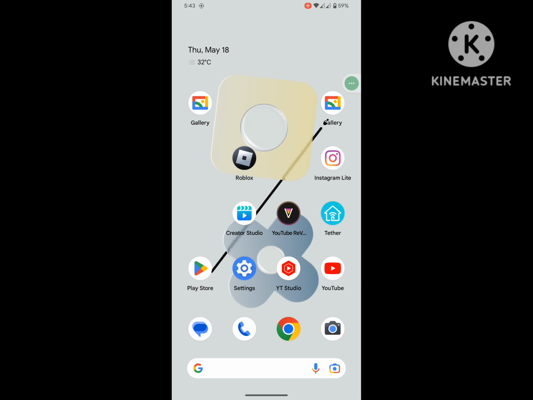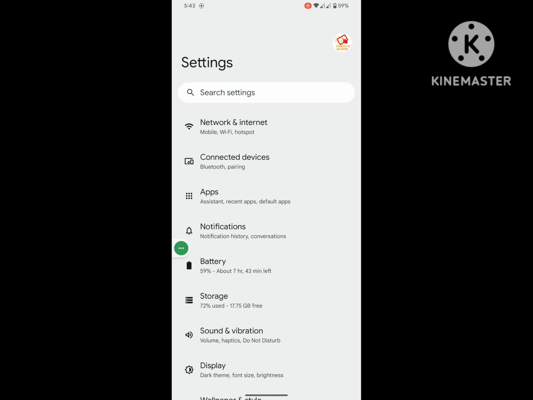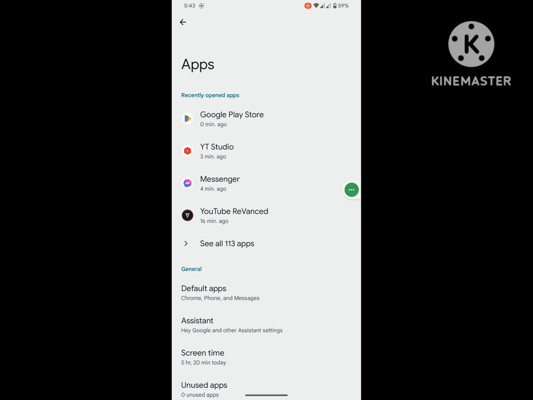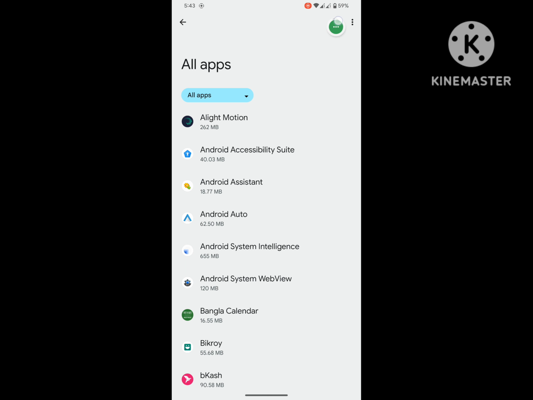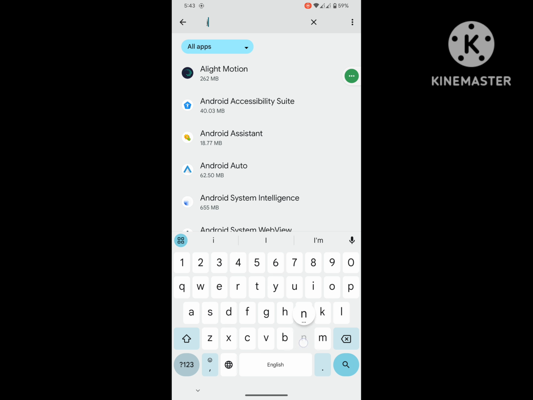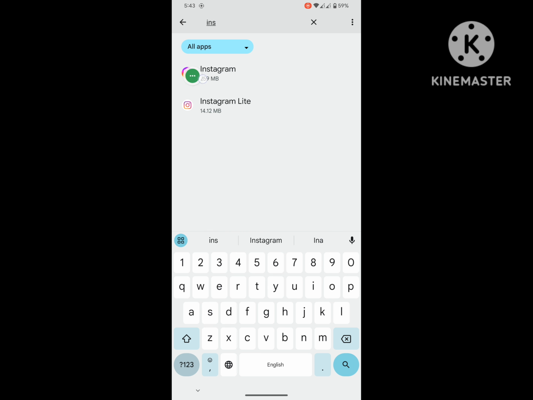Now back to home screen, then go to settings, then go to apps or application management, then go to see all apps. Now find out Instagram app, tap on Instagram,